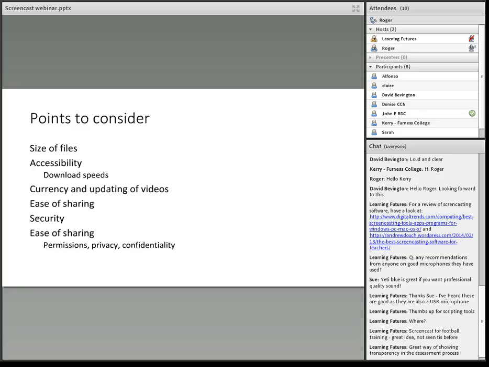Security is obviously key, particularly if it's an assessment, but also in terms of the usual: have you got permission? If you're using students' names, work, and also if you're using third-party software. Usually you'll be promoting that third-party software, so I don't think there'd be a major problem, although legally that wouldn't stand up in a court of law. But it's just something to consider, that it's not just something on your laptop you may be sharing with one other person. Things can easily go viral. So just make sure that you speak to people about that confidentiality, and you have got their permission to use it.